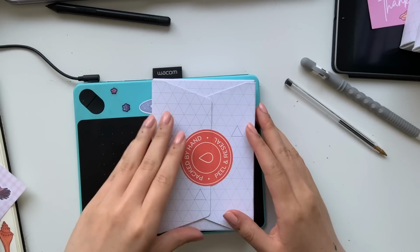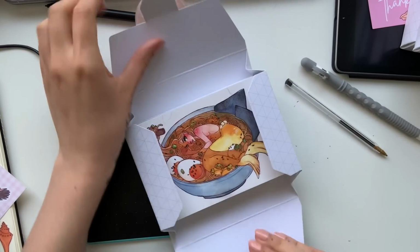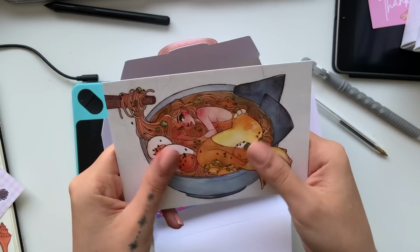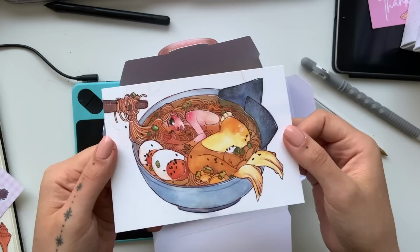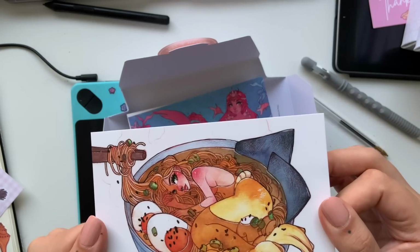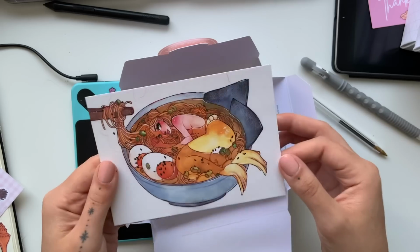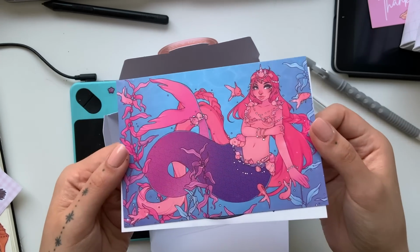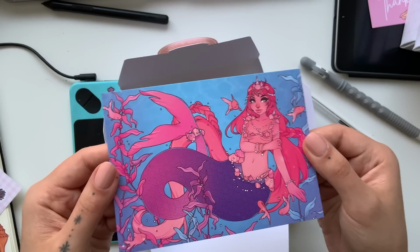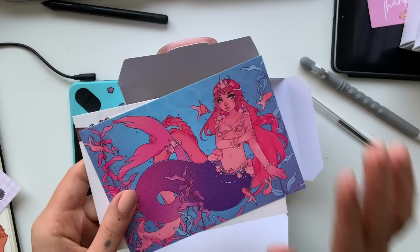I got a bunch of stuff, so I kind of have to see what they all are. Oh my god. So I got a postcard of my ramen mermaid, and it turned out pretty good. I really like the colors, and you can still see the watercolor texture, which I really like. So then I also got this illustration as a postcard, and I really like the way the print looks, very vibrant. I was scared about the colors, but they look